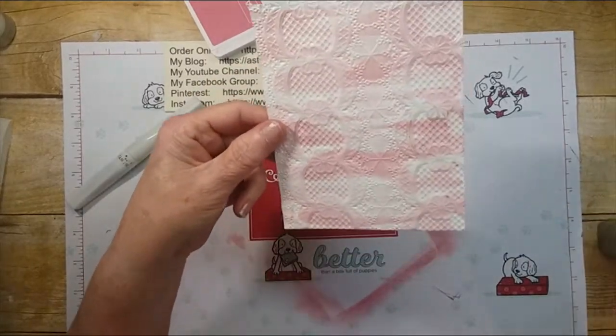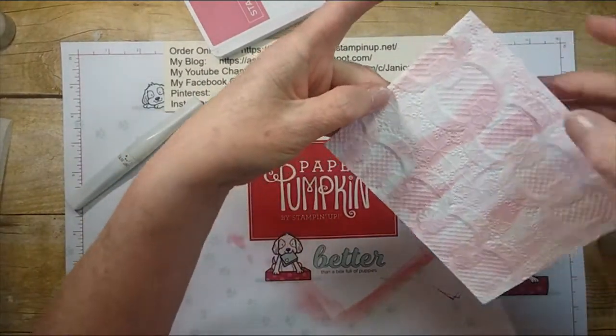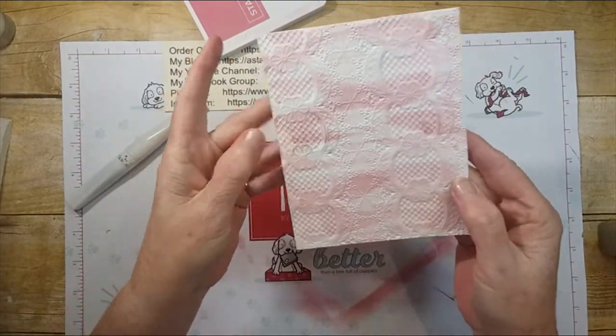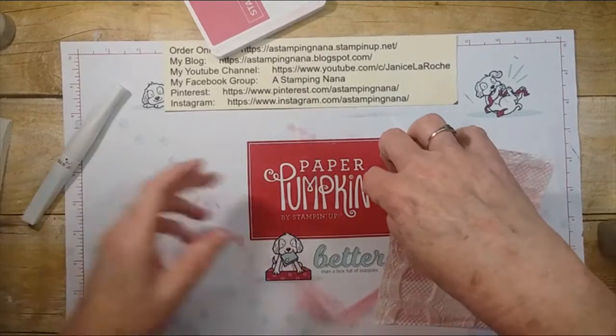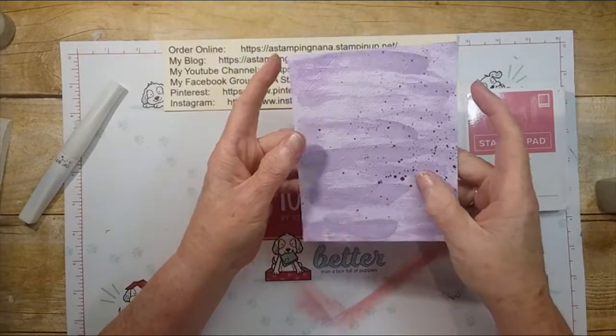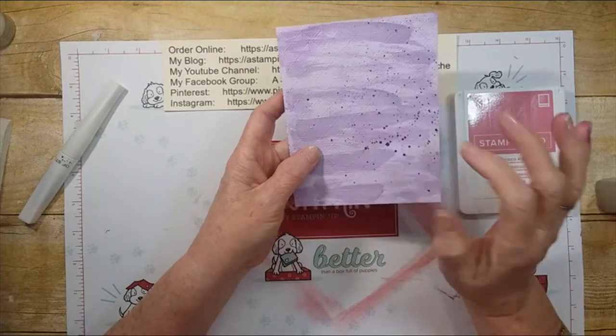And it puts a shimmer on there too. I don't know if you can see it. Oh, you probably can't see all those little bits of glitter, but it's brilliant. It's brilliant. Right, so let me put that aside and I'll show you watercolor wash too, and then add sprinkles